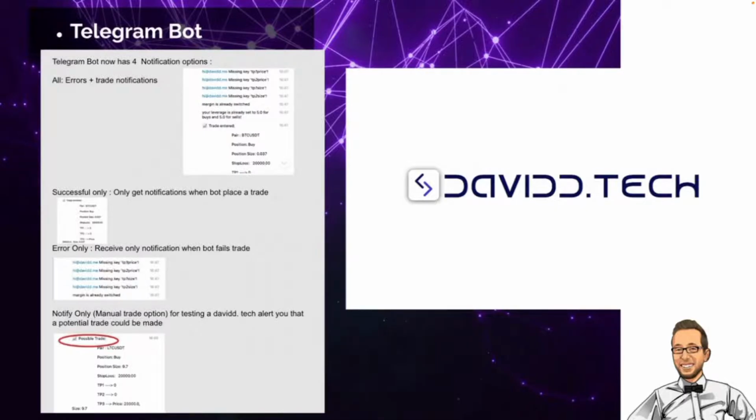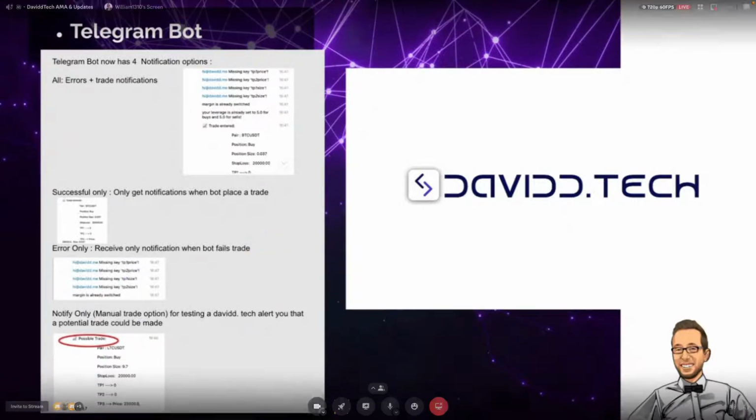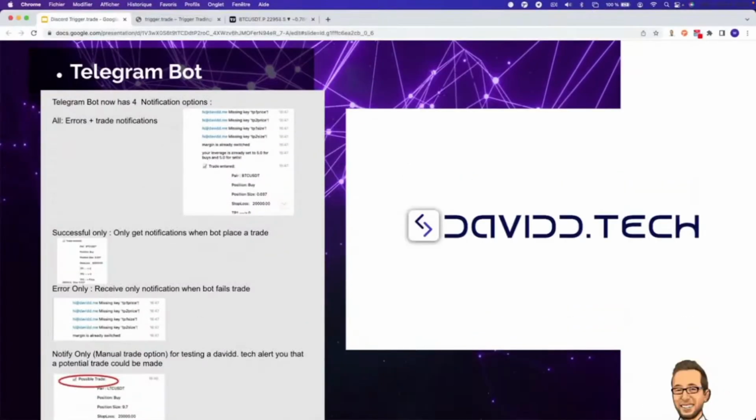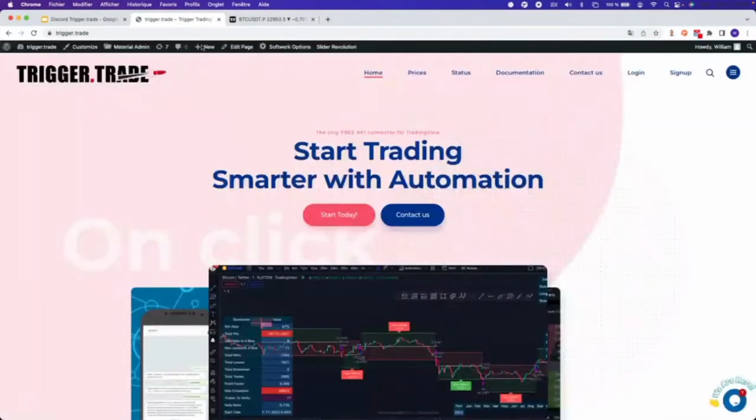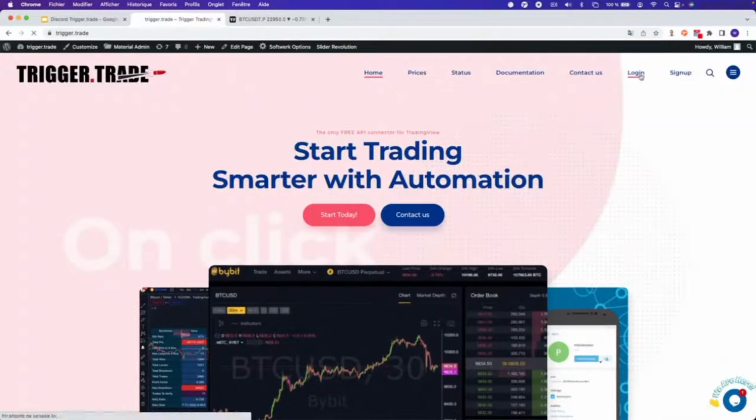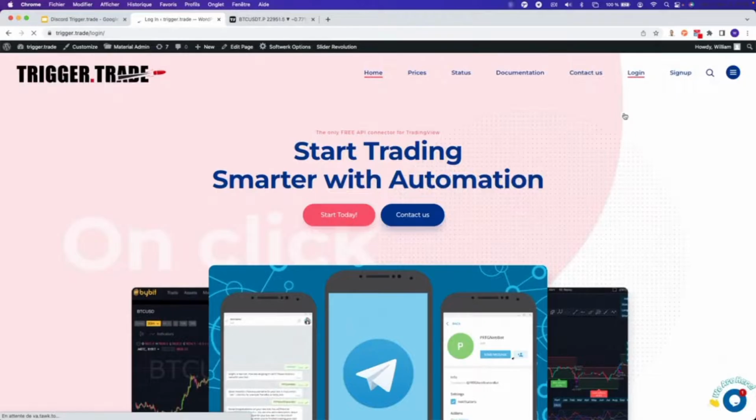Okay, so the Telegram updates that we've launched currently. Before, we used to have a Telegram bot which just sent a load of messages. A lot of you were sending me messages saying, "I've got spam in the Telegram bot because of missing TP1s, TP2s." Now, I'm just going to leave this area here and scroll over to Trigger.trade. So if we log into our dashboard here,